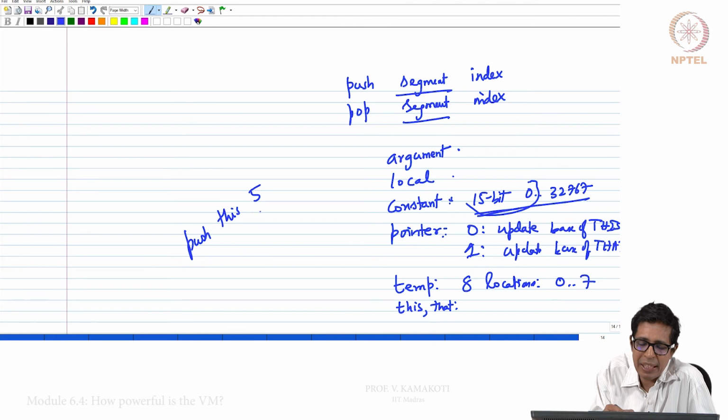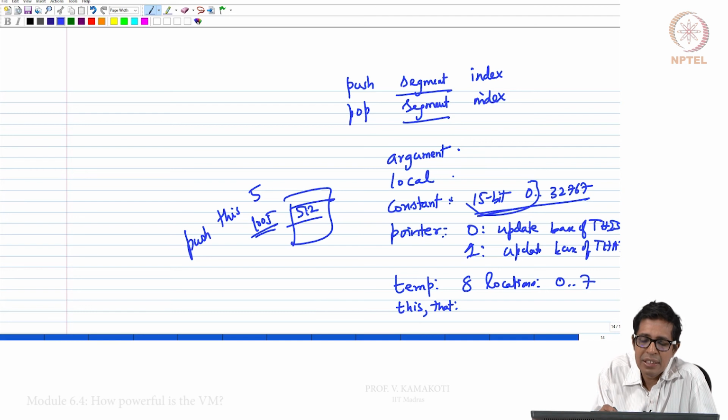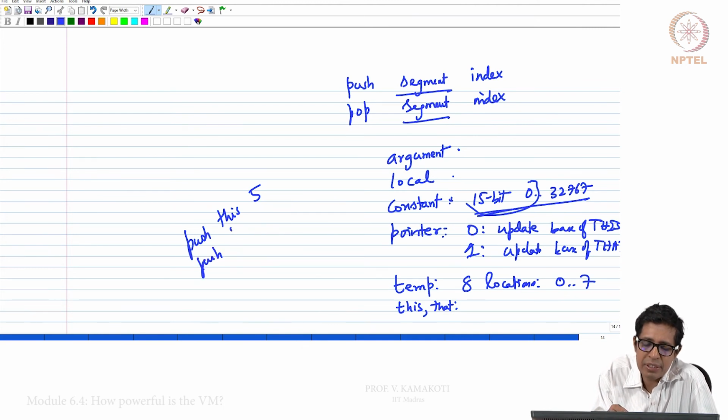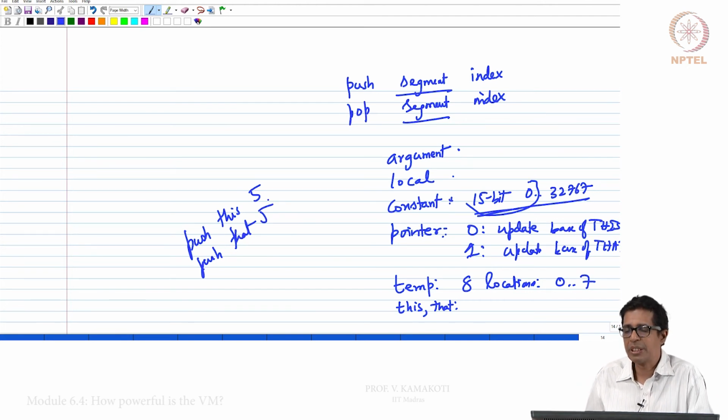Let that base address be 1000, so I will get 1005. In that 1005 there is, say, 512 as the content, and that 512 will now be pushed onto the stack. That is what it means, right? Push this comma 5. Similarly I can say push that comma 5. Similarly pop this comma 5, pop that comma 5. So this comma that.